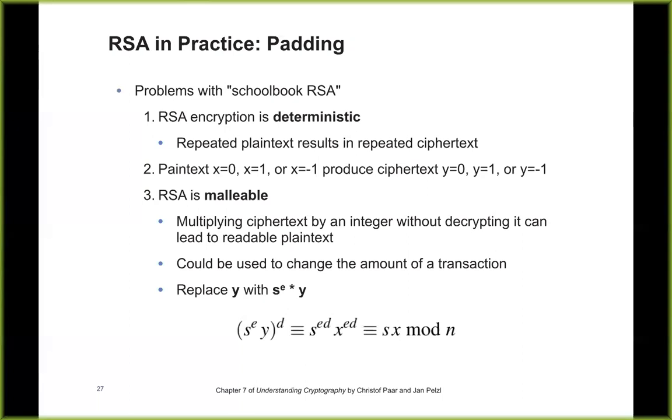There's also some plain text values that don't encrypt worth a damn, like 0, 1, and -1. And what's even worse is RSA is malleable. I don't know if I have a chance to put this in this class, but forging digital signatures is bloody awesome. See, suppose I want to modify something without being able to read it. Like suppose you're encrypting a dollar amount, and you're taking X to the E, but I want to double the dollar amount. Well, I can create the encryption by just calculating together a couple values. I can multiply it by more things and modify it without understanding it.